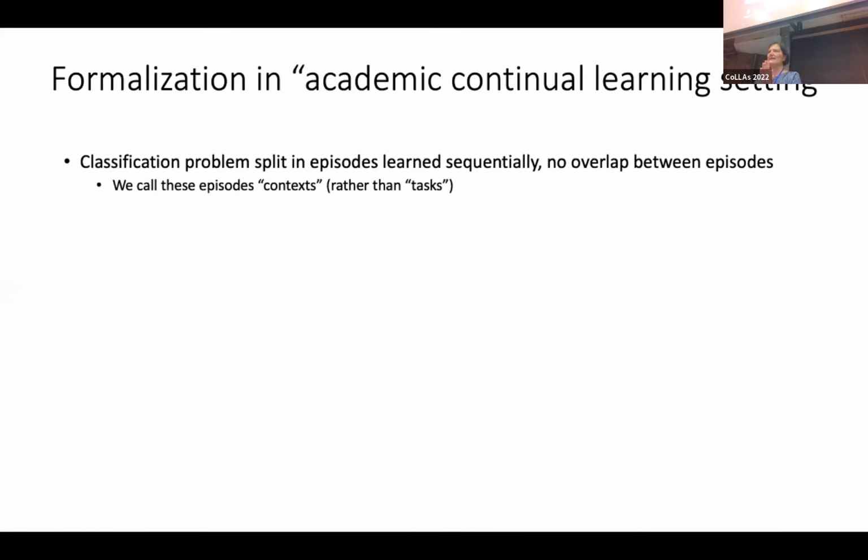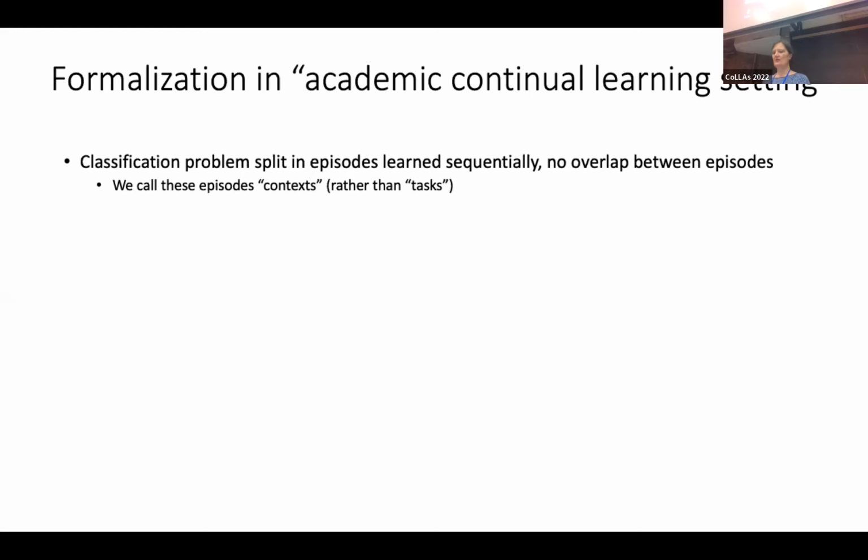Okay, so I said we want to categorize continual learning by looking at how the non-stationarity is linked to the mapping we want to learn. We start by explaining this for the easiest case, that is, we have just a classification problem, and we have different episodes that are learned sequentially, similar to the example I gave earlier. And there's no overlap between episodes. Again, no overlap between episodes is not very crisp. What we mean is both temporally, episodes do not overlap,